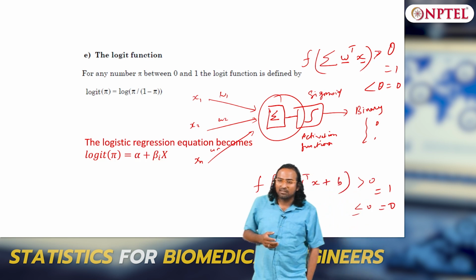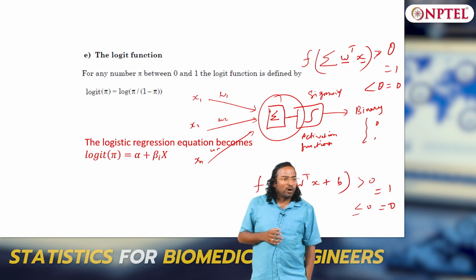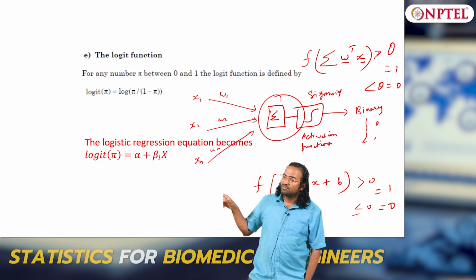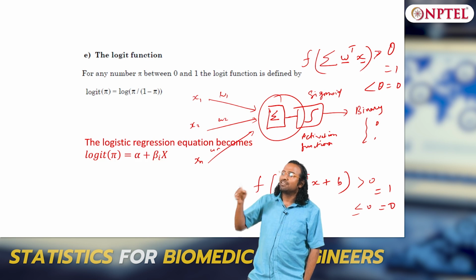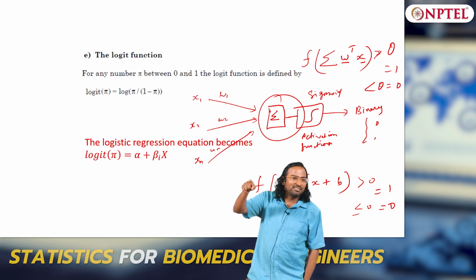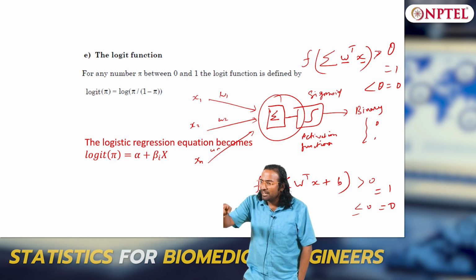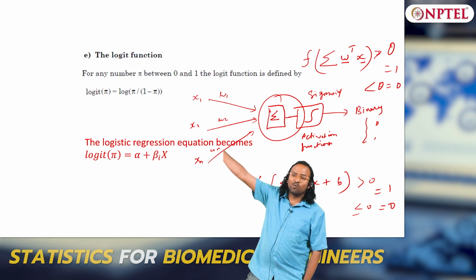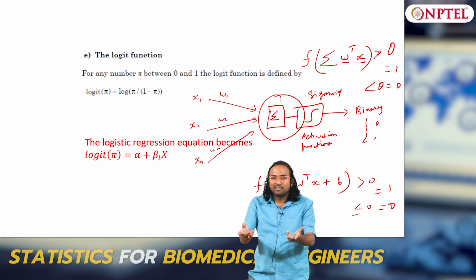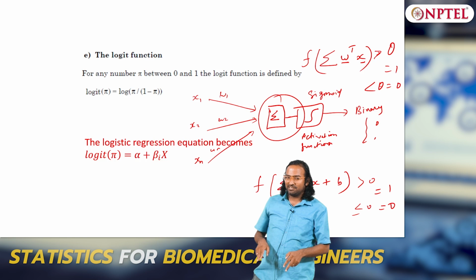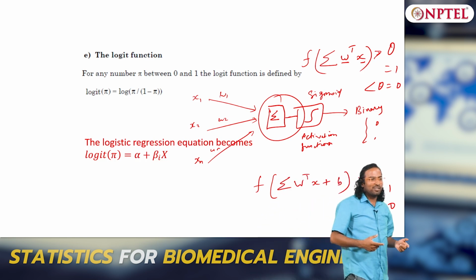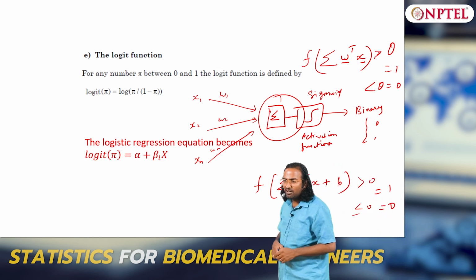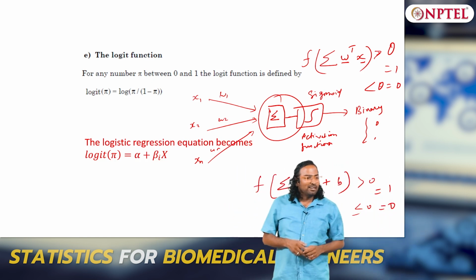Everybody knows what is XOR. XOR gate, what is the function? 0 0 gives 0, 0 1 gives 1, 1 0 gives 1, 1 1 gives 0. The problem is 1 1 is 0, it is not intuitive, it is not linearly separable. If one input varies, your output goes to 1, but if two inputs vary, the output goes to 0, strange. 0 0 is also 0, 1 1 is also 0, so it is not linearly separable. So the single neuron cannot solve a non-linear problem, it can only solve a linearly separable problem.